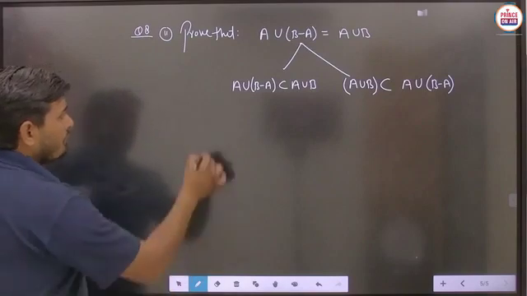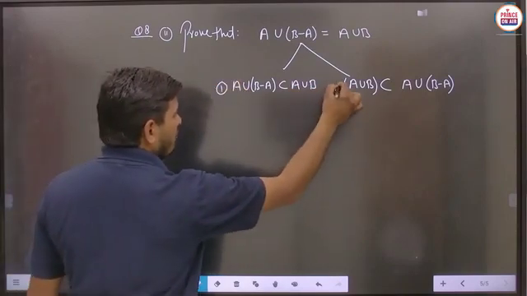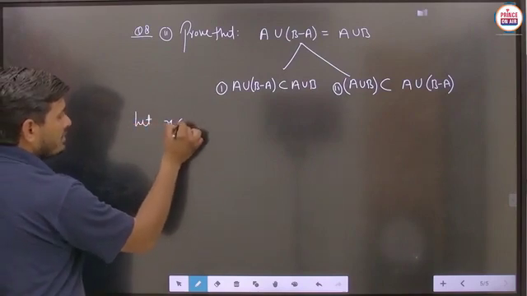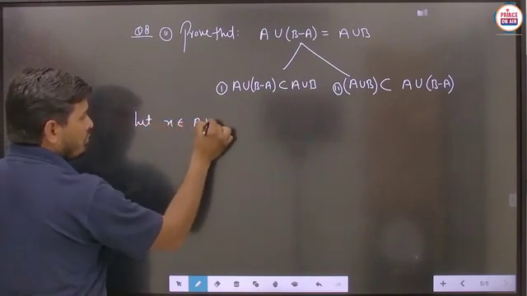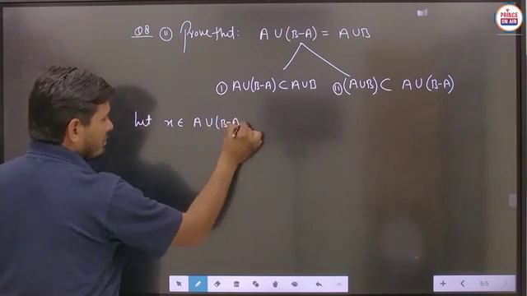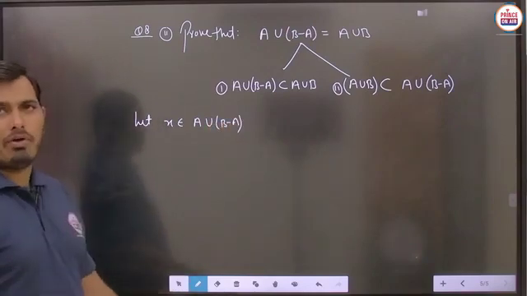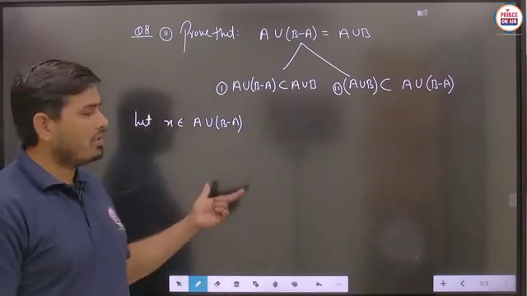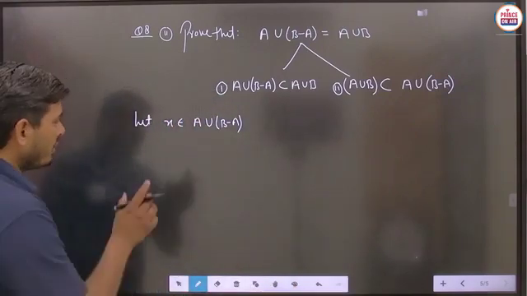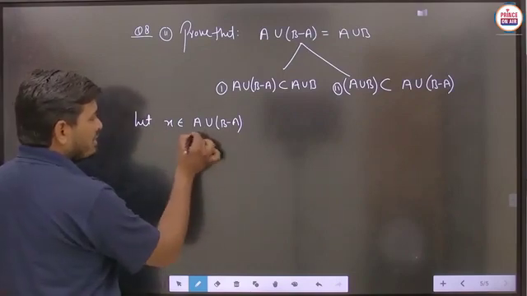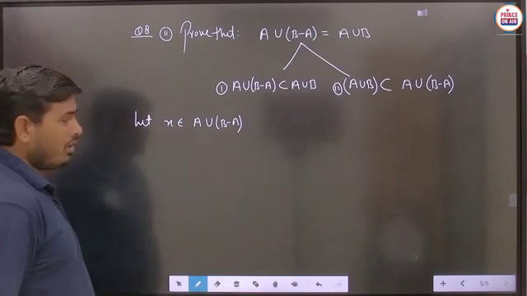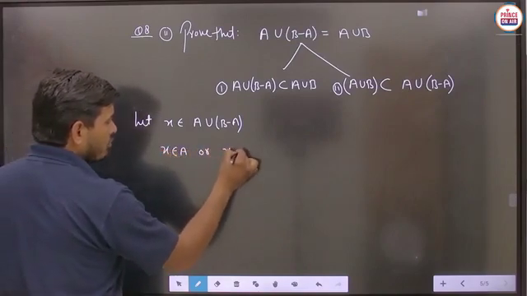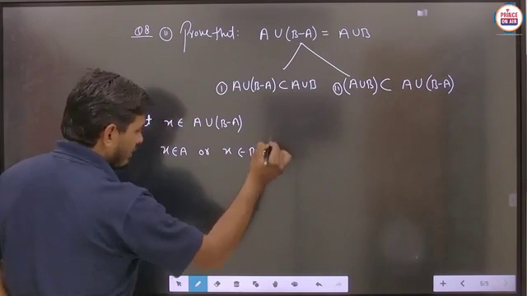Now the very first part we have to prove, then after similarly we will prove the second part also. So let any element X belong to A union B minus A. And student, these things you can just check with the help of a Venn diagram sometimes. Is it to be clear? You can draw the proper Venn diagram, then easily the things can be understood. Now student, if this particular thing is written as X belongs to A union B minus A, then you can say that X belongs to A or X belongs to B minus A. Is it to be clear?